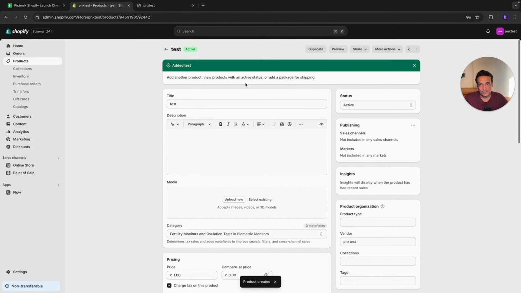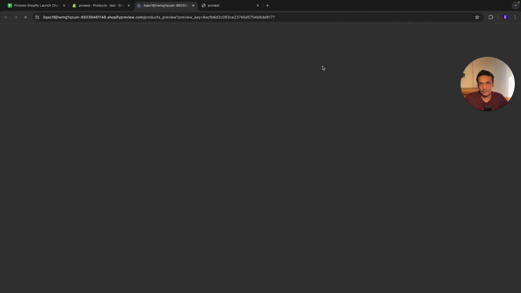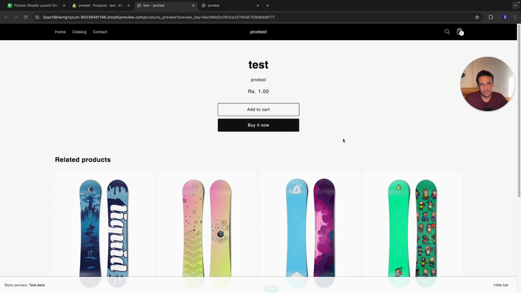So after doing that, the test product is created. So after creating the product, you can easily go to the product page. You can go from here, preview button, and then you can see the product page looks like this. You cannot see the image over here because I have not updated it, but in your case it could be different, right? The purpose is to check if the website is ready to collect the payments, the order is being processed. So I'm placing the order as a customer and I'm going to check if my website is ready to collect the payments. So what I will do is I will add the product to the cart,